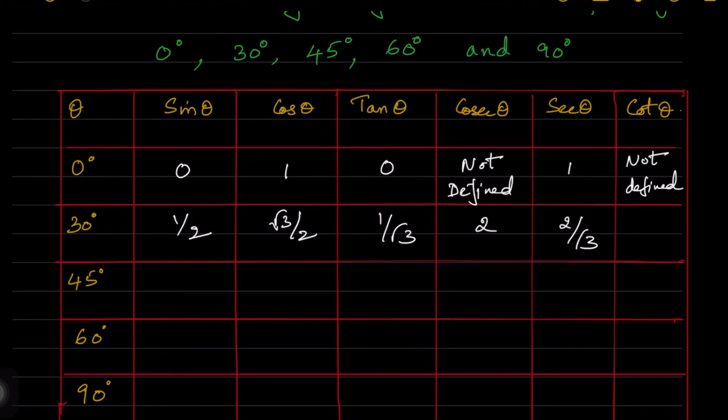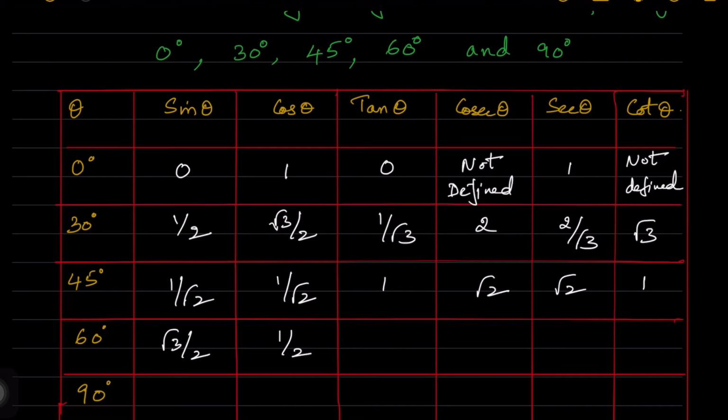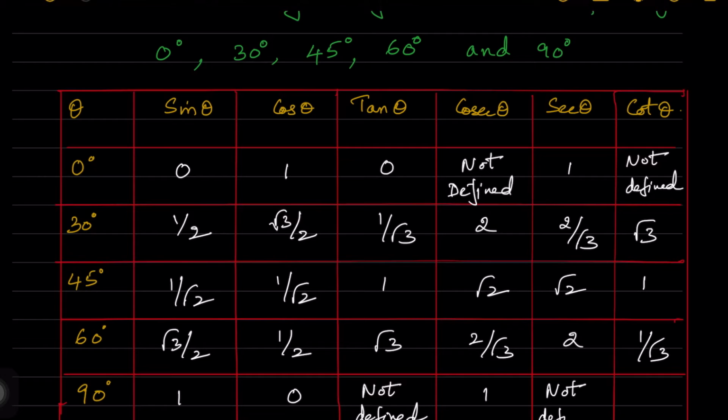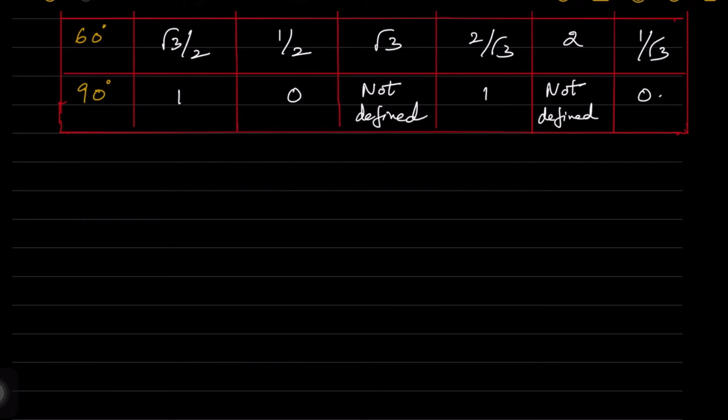So therefore sin 30 is 1 by 2, cos 30 is root 3 by 2, tan 30 is sin by cos, 1 by root 3. So cosecant 30 is 2, secant 30 is 2 by root 3, and so on. So all of them are written now. Now the way you will have to remember this is by taking the first column and the second column. Remember the first column is the reverse of the second column. If you study it in reverse, you will get the second column. Then automatically you will get tan theta, which is sin theta by cos theta. That is the way you will write those.